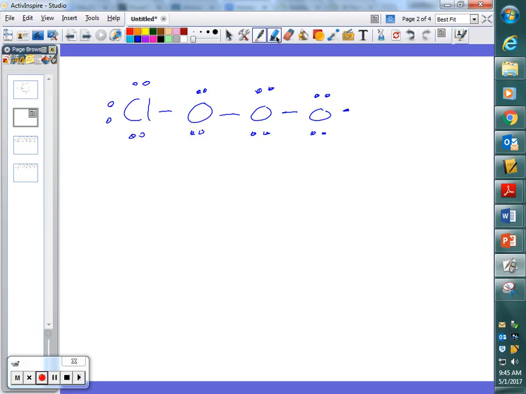But this oxygen down here only has 7. So it needs to pick up something somewhere else. If a hydrogen came along, it could covalently bond. But, just like before, there's no hydrogen around. There's sodium with its 1 valence electron. That 1 valence electron gets transferred over to here. And just like before, this sodium now has a positive charge of 1 plus,